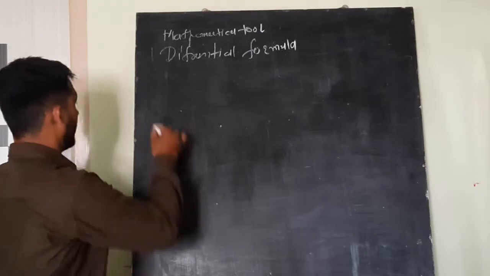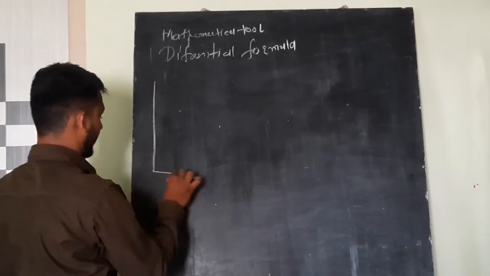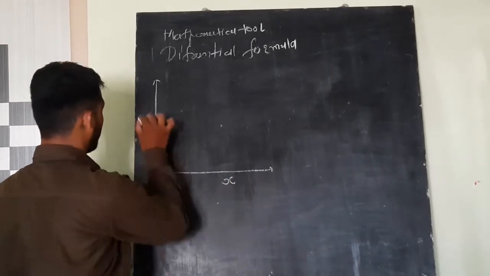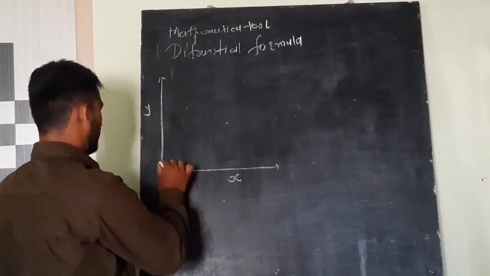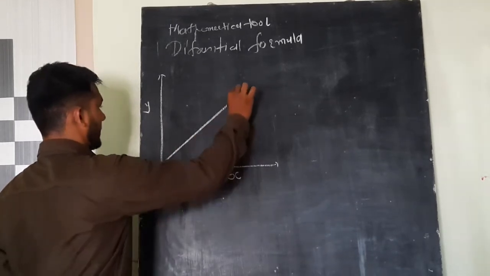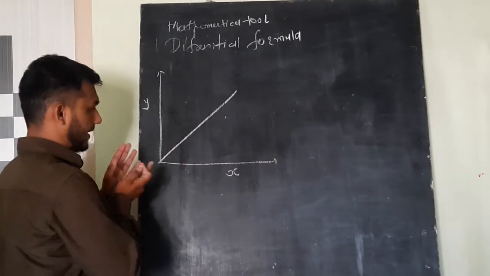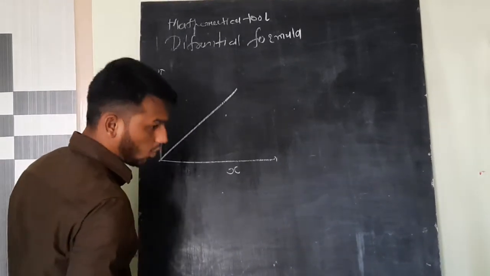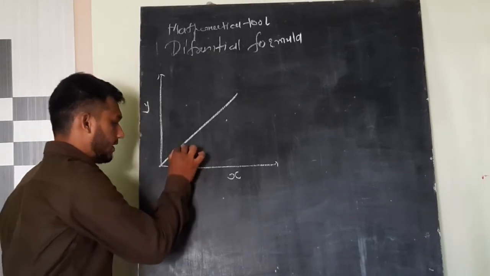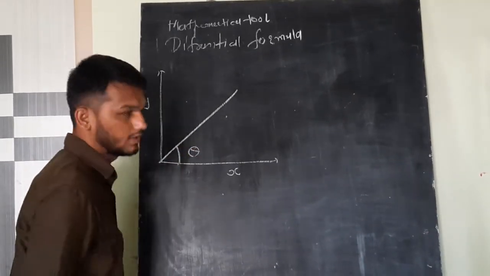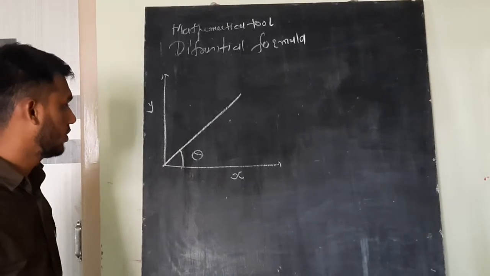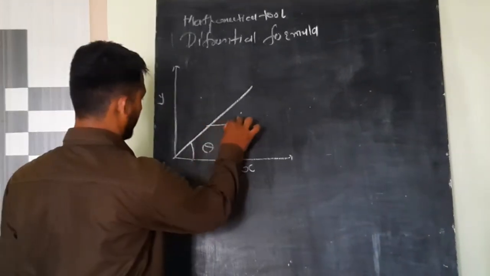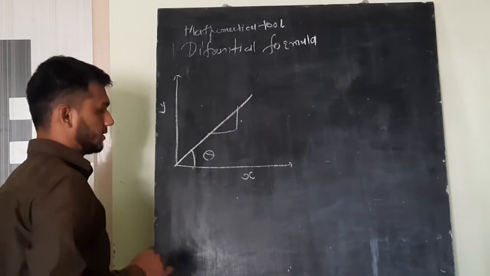See here, there are two basic things. Our x-axis and our y-axis. In this phenomenon there is a line. It is a straight line. It varies with time, x with respect to y. Due to this phenomenon it makes an angle theta. So in this phenomenon we can easily take the slope from any point, suppose from here, you can measure the point.